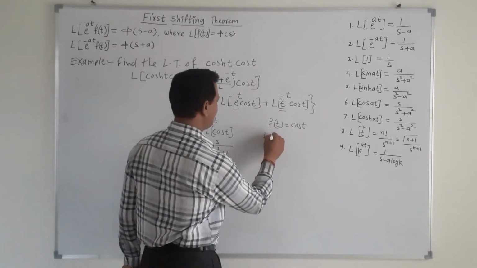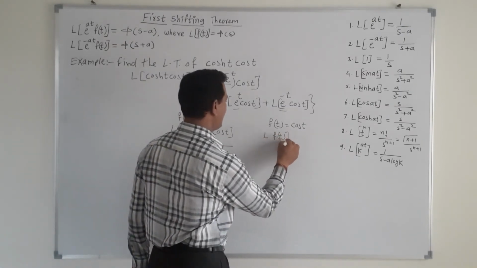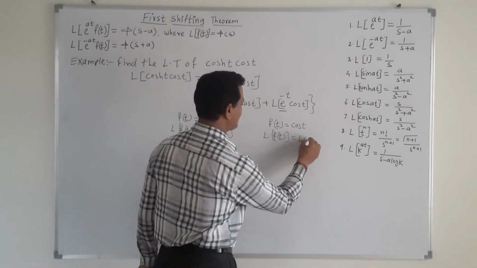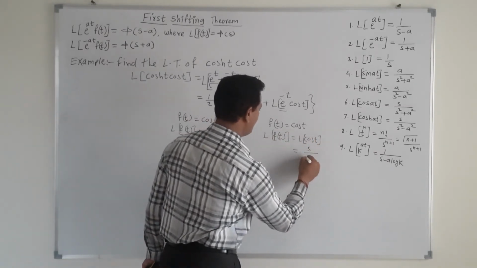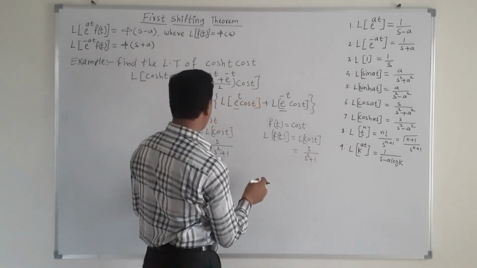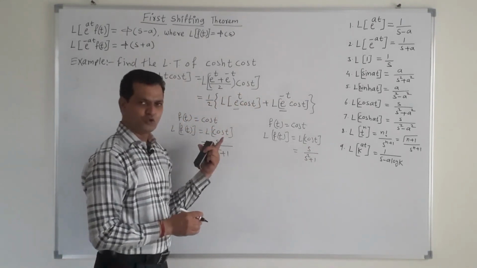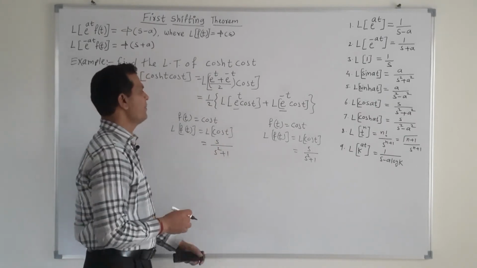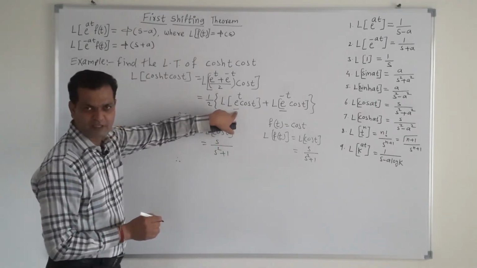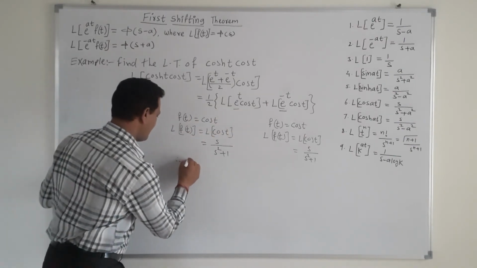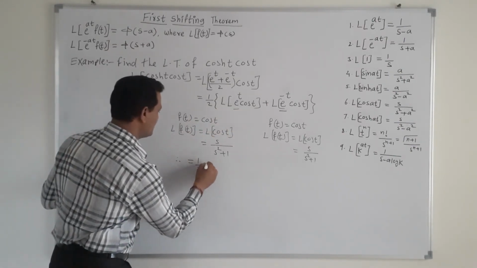Again the same here: the Laplace transformation of f of t is the Laplace transformation of cos t, which is s upon s square plus 1. We write this term separately; you may also write a single term. Then applying the Laplace transformation for the first term, we get 1 upon 2, then in bracket